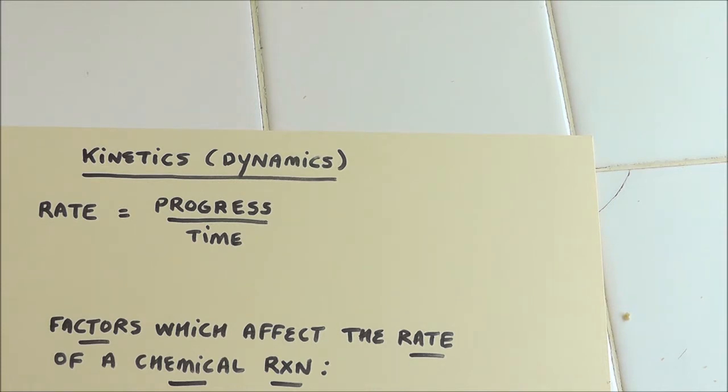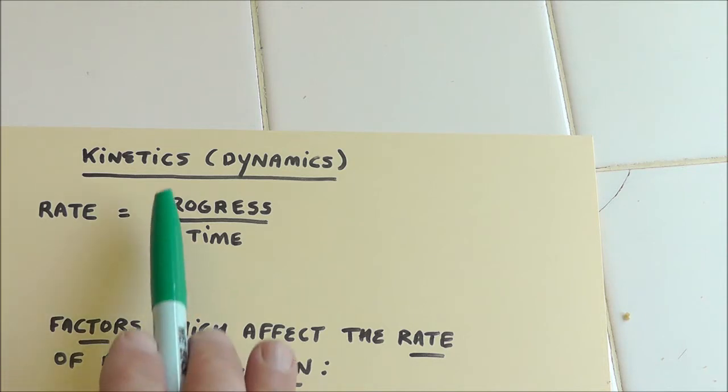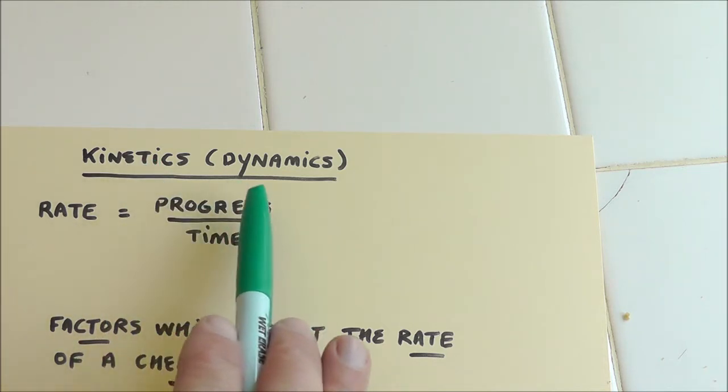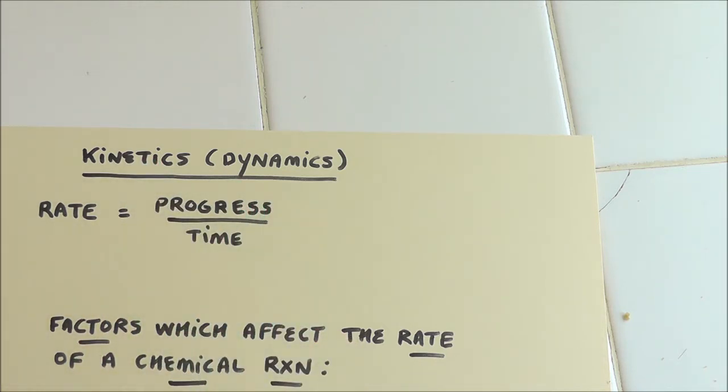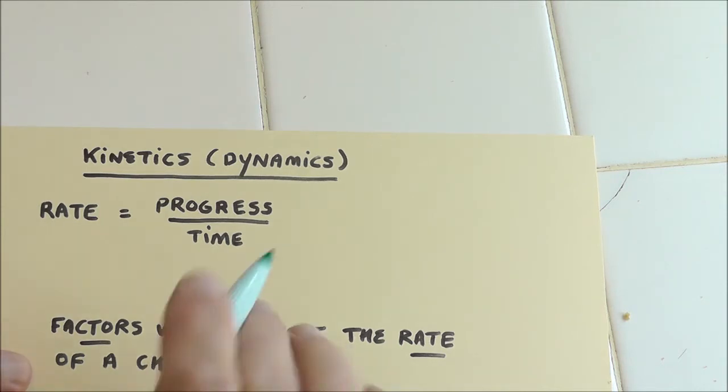Here we're going to talk about rates of reactions. Sometimes they call this kinetics. Most of the time they call this kinetics. Sometimes they get fancy and call it dynamics. But the bottom line is we want to know what speed of a reaction there is, and the way we measure any rate in society, like I said before, is some level of progress over time.